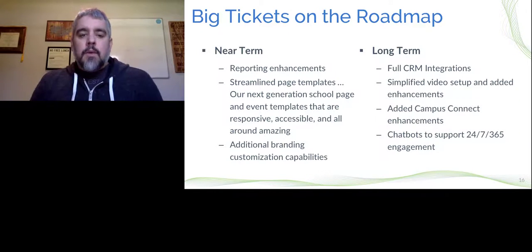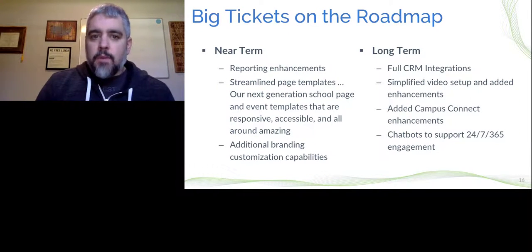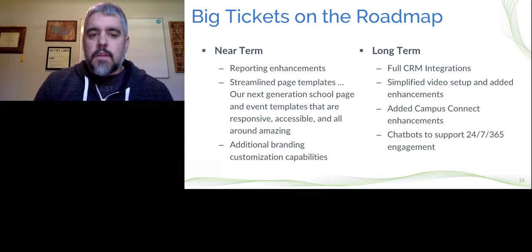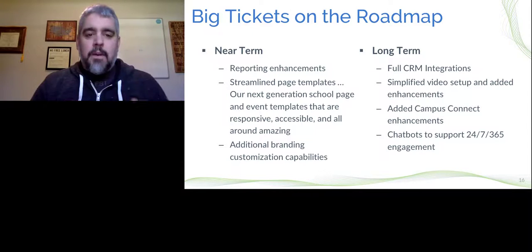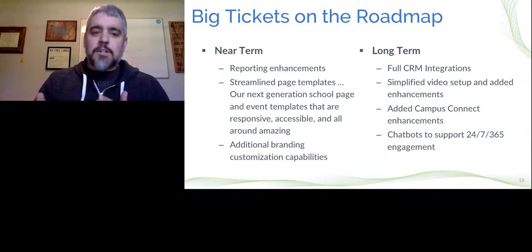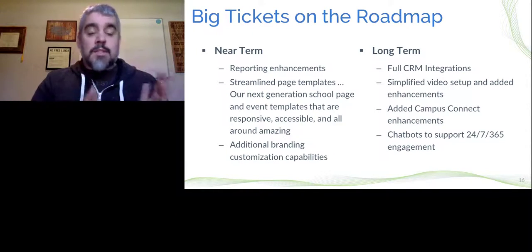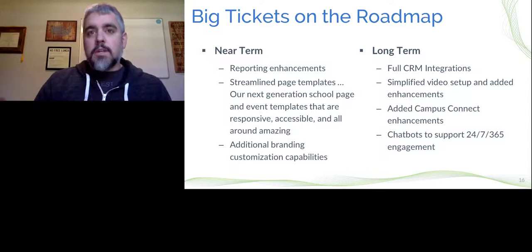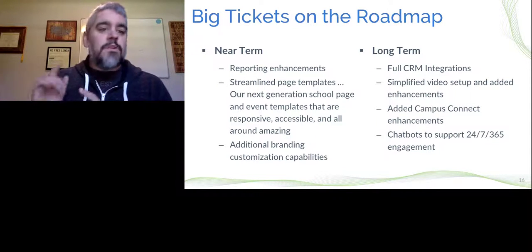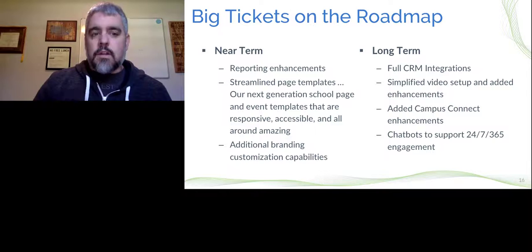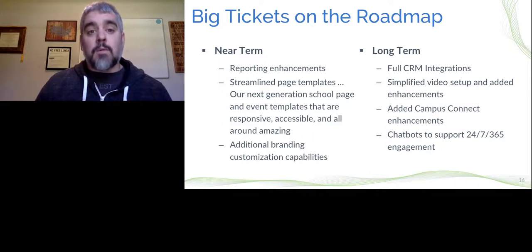So the final updates before we close up, sort of give you a little preview of what's coming down the roadmap. We like to put it in two buckets: a near-term bucket and a long-term bucket. Near term is we expect this to happen relatively soon. Long term is these are things on our roadmap. Use that suggestion box on the contact us box to provide us with your suggestions to help us determine what the next enhancements are, right?